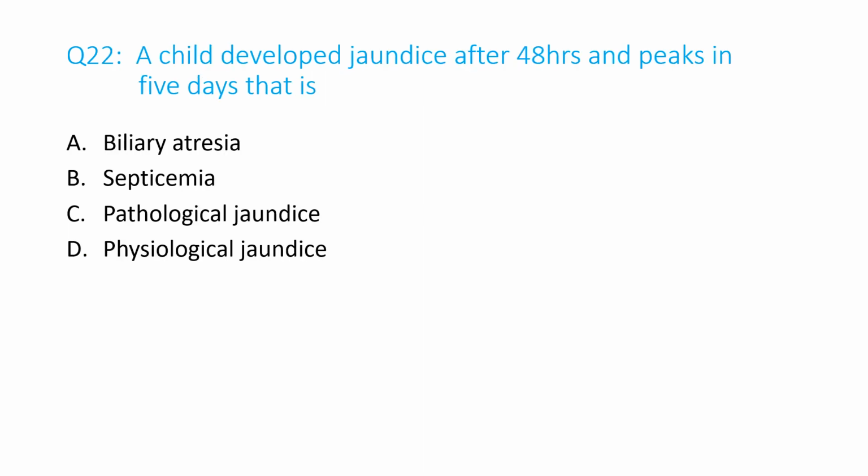Number 22. A child develops jaundice after 48 hours and peaks in 5 days, that is A. Biliary atresia, B. Septicemia, C. Pathological jaundice, D. Physiological jaundice. And the answer is